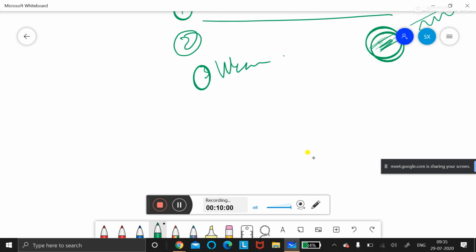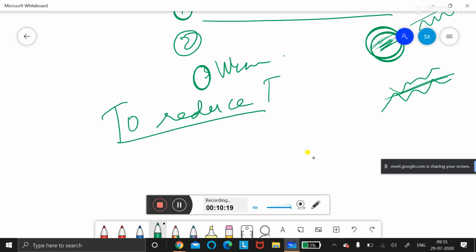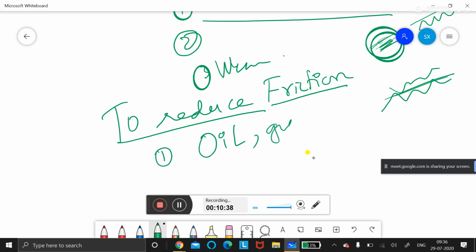So when we go about friction, the reason for the friction is the surface. If the surface is hard, and here also a hard surface, then due to that the friction will be increasing more. So to reduce the friction, what all do we have to do? To reduce the friction, what can we do? We should have smooth surfaces. Suppose in your cycle, pedal, brake, ma'am. We should apply oil, ma'am. Very good. Who said oil? Petrol or oil, ma'am. Petrol is good. Oil, grease and all they will use, children.